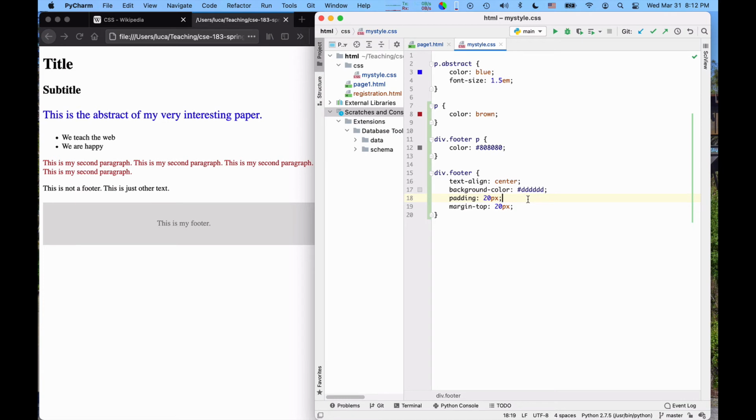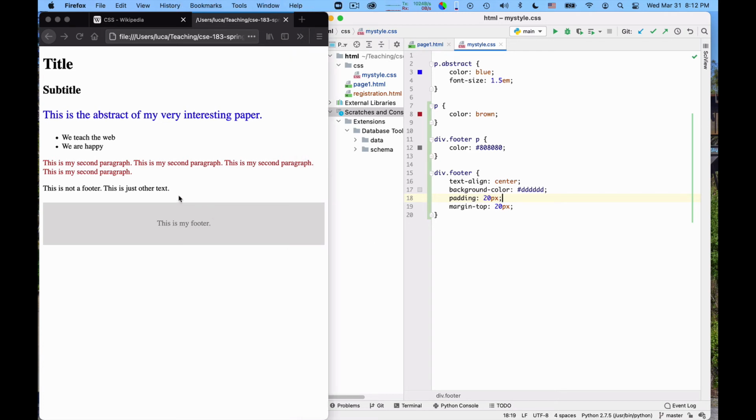Now, this is all very good and well, but CSS has a few problems. So it's not really a full-fledged language. In particular, it lacks a couple of things that are quite useful. Let me show to you by example what these are. Imagine that I wanted to have these ones of a specific color.